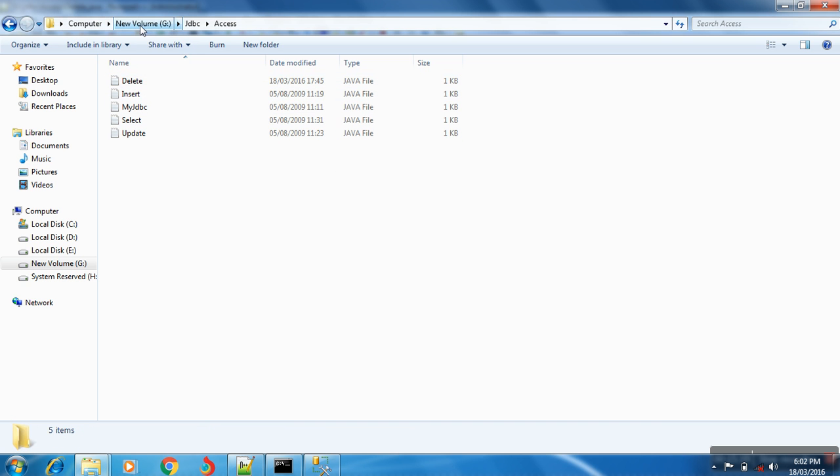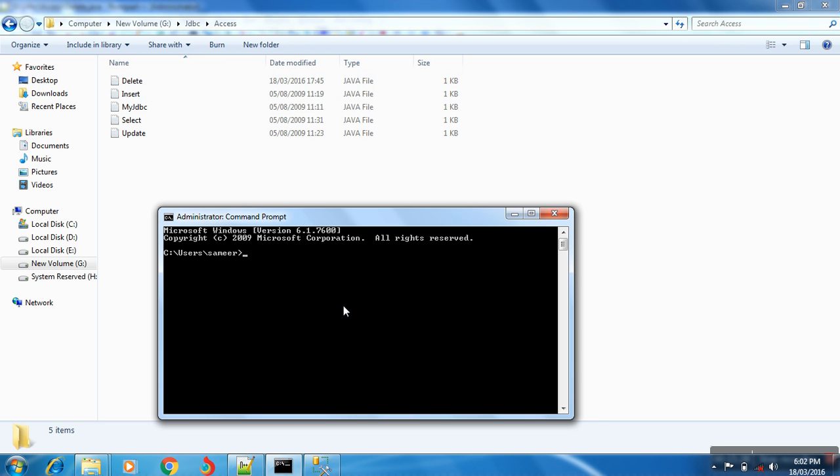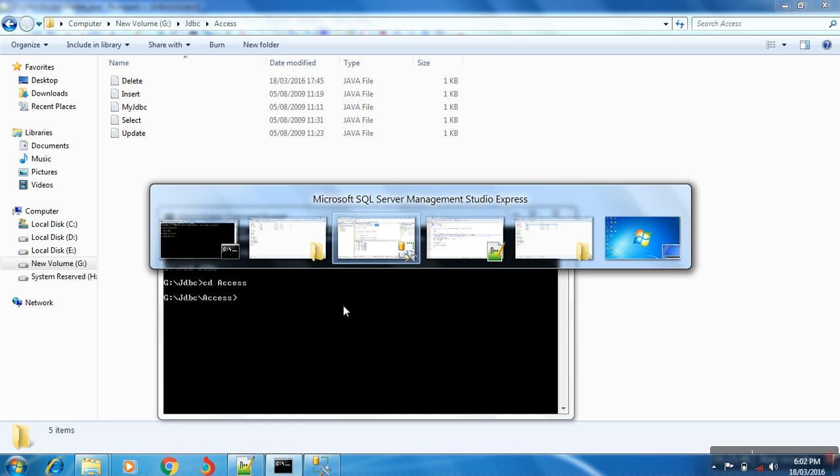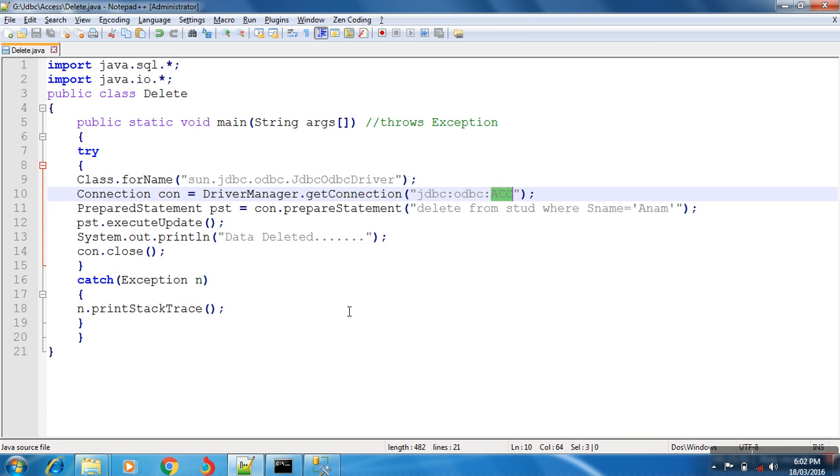In the G drive, JDBC folder, access folder. This is your path, so you have to go here first. Type G on the command prompt, then use the change directory command: cd JDBC, cd access. Now, this is your code.